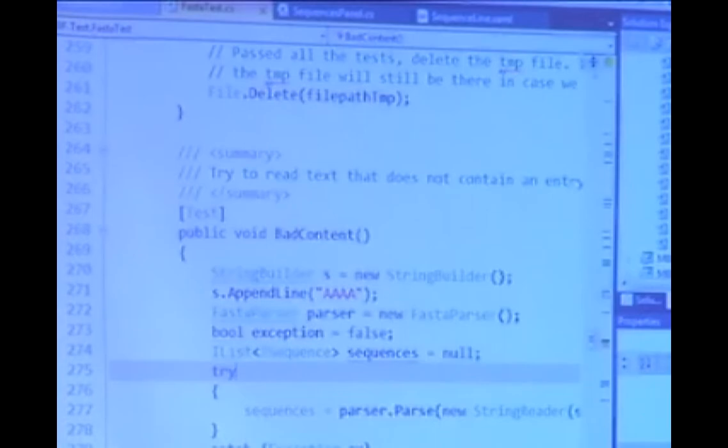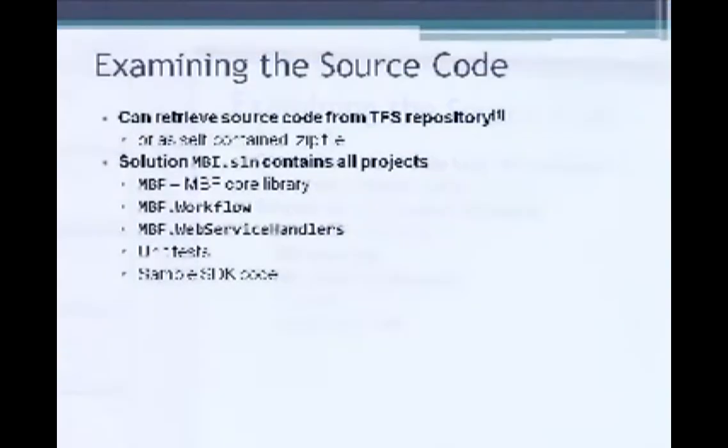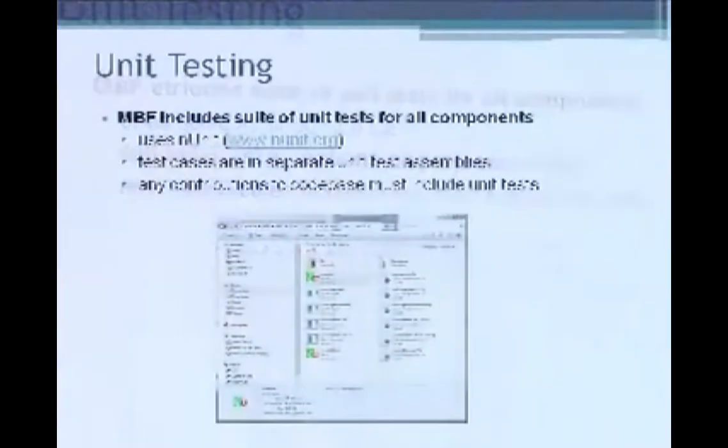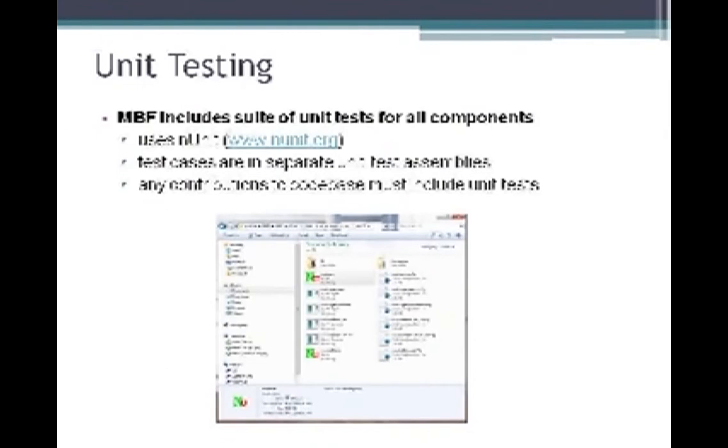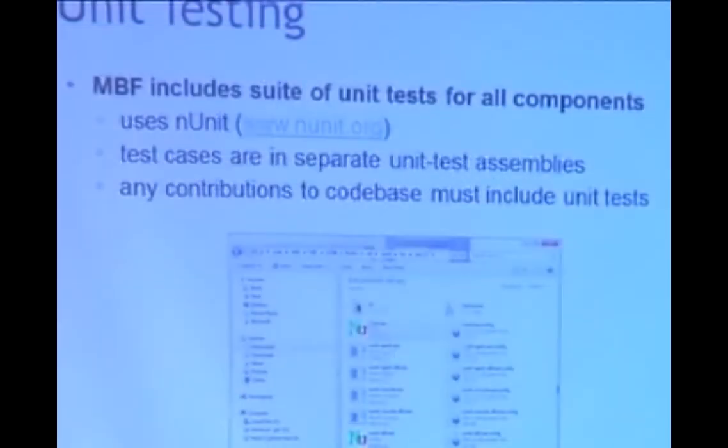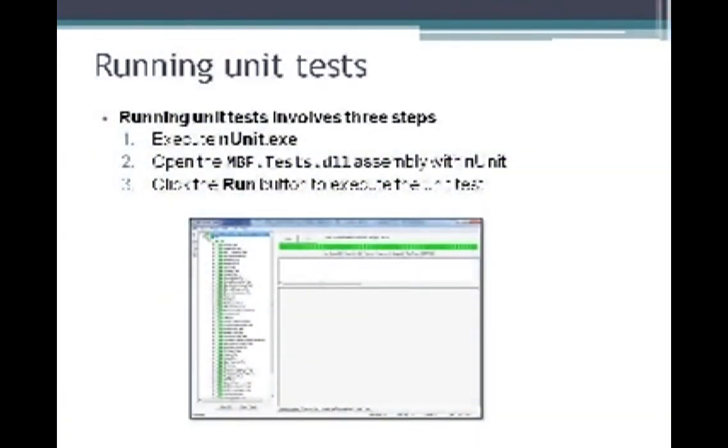And you can see all the other unit tests that are here as well. So you can download the source code. It gives you all the data. Here's some unit testing information, www.nunit.org. It's part of the Apache process. You can actually go to that link right there and download the tool. It'll install it, and then you get an nunit.exe, and then you can run the tests themselves.